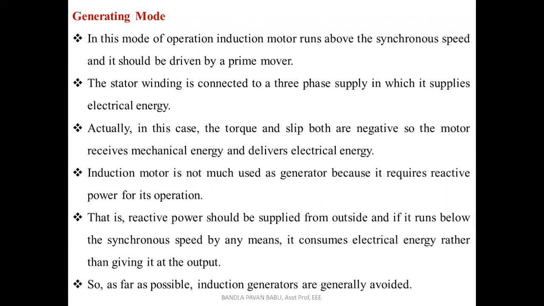Actually, in this case, the torque and slip both are negative, because it is exceeding the speed. You can find it out from the relation. Earlier in the problem also we have seen if it is in the opposite direction, there exists some negative. So a negative value in the slip means the speed is exceeding, and the direction also matters there. So in this case the torque and slip both are negative, so the machine receives mechanical energy and delivers electrical energy. So from the stator we can receive the supply. That is the situation there.